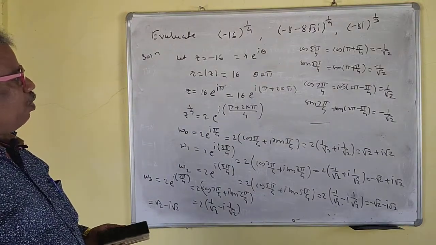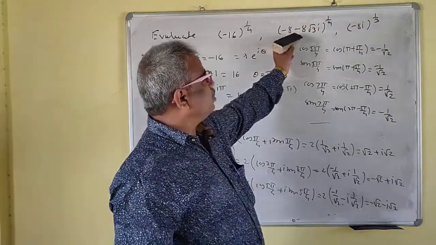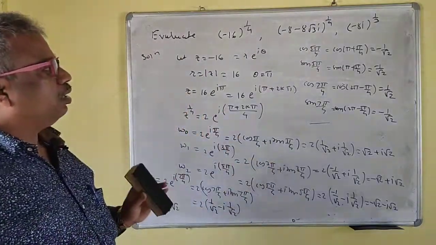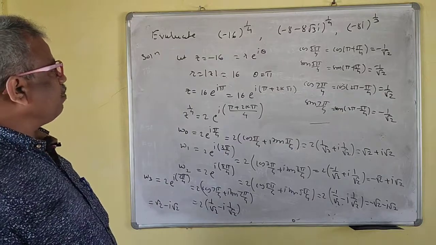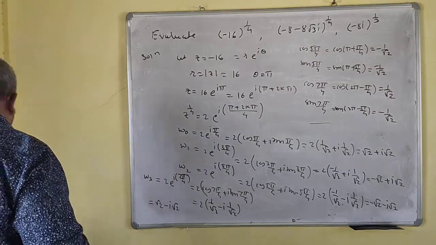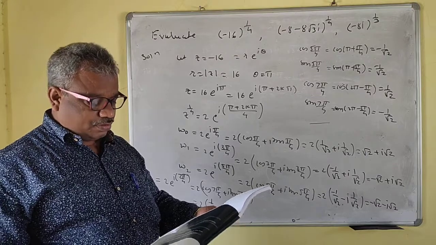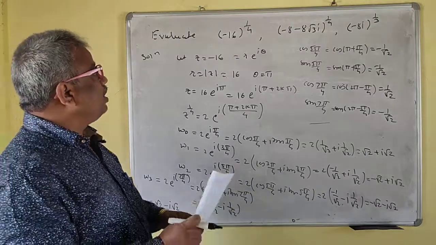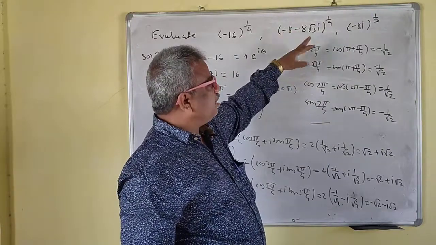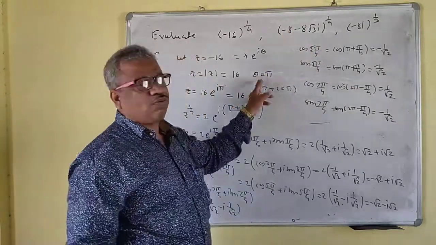Okay, so I hope that you can do for this one. We did this for this one, so same thing you have to do. I hope that you can do the next two. Easily you can find the fourth roots of this one. So I hope that you can find the roots of any complex number. Because we did this, both are negative. The same thing here, only here we have taken the square root of that one. In that, the crucial part is to find the theta.